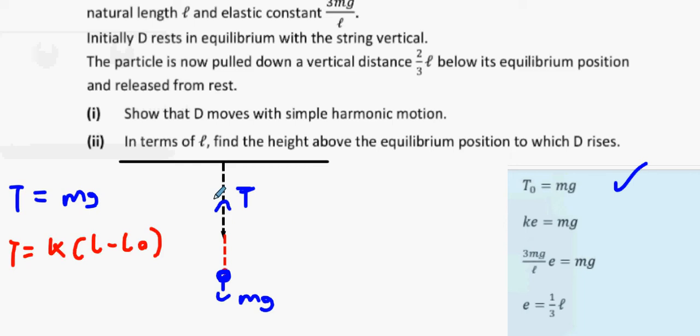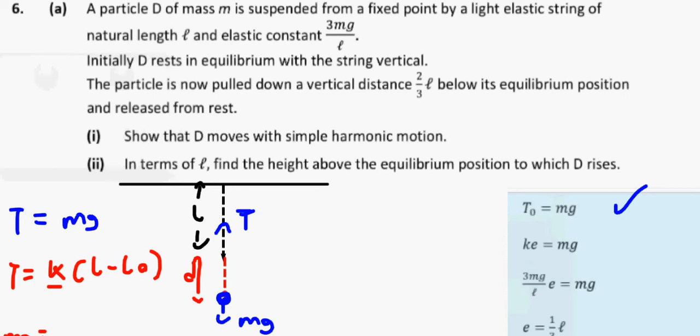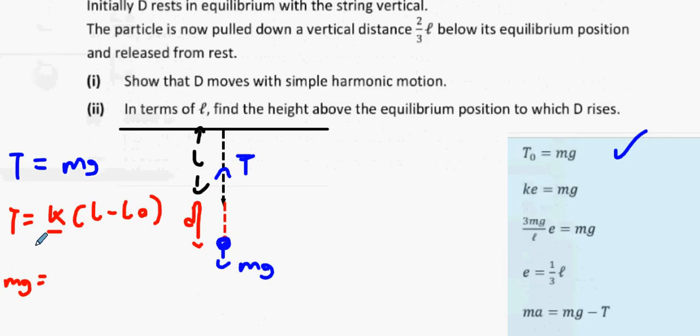Now, if the natural length is L, the black length is L, and for the argument's sake the red length is D, what can we say about this formula then? T, which is mg, equals k. What's k? It's up there. And then what else we can say is that